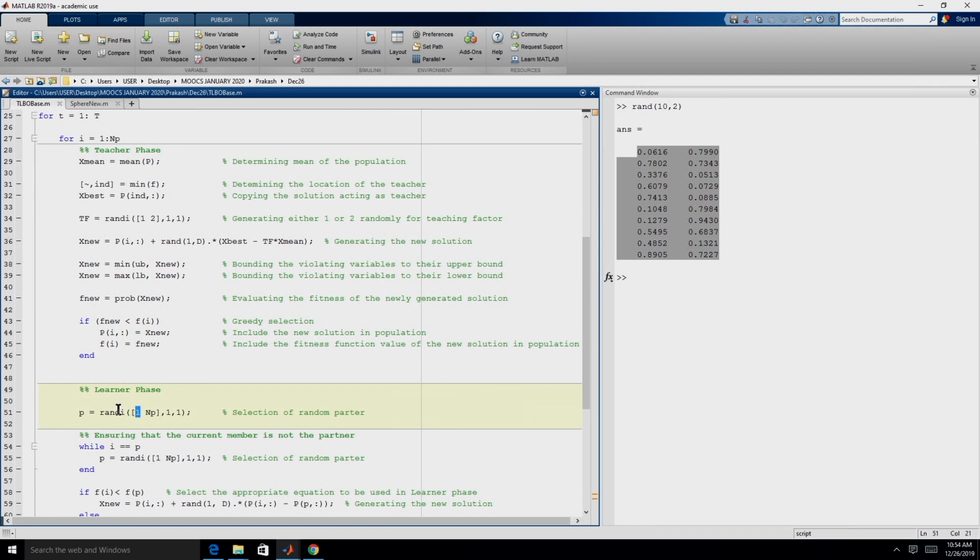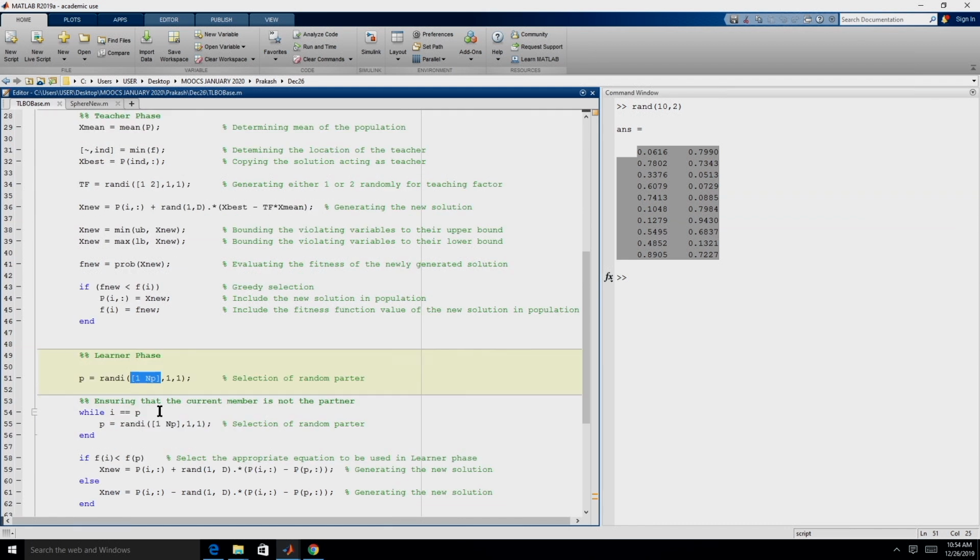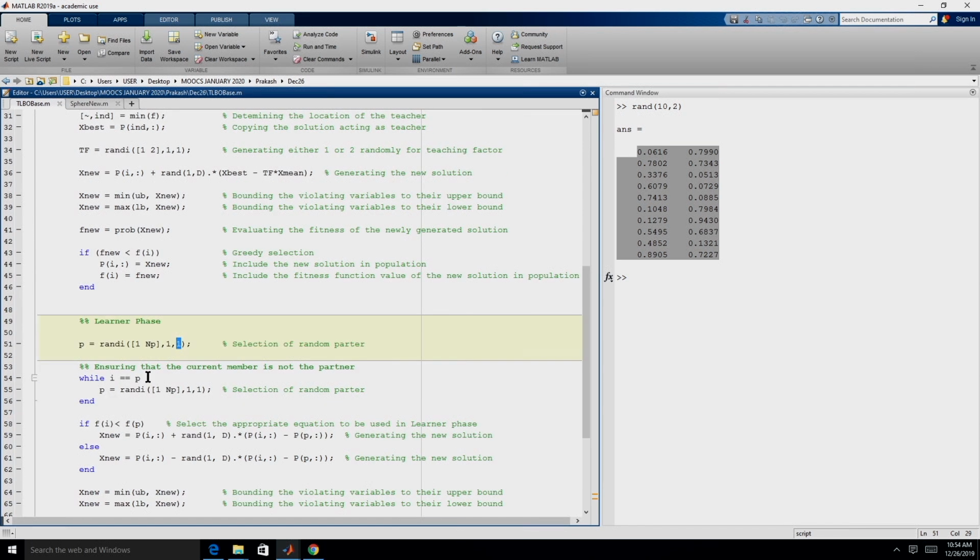So, we give randi of 1 to np within the square bracket, and for each member we generate a partner. For the ith member we just need one partner, so we give 1 row comma 1 column. This p will return one integer value which is between 1 and np, right.